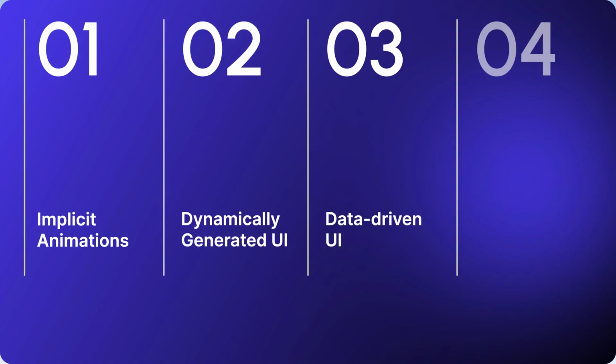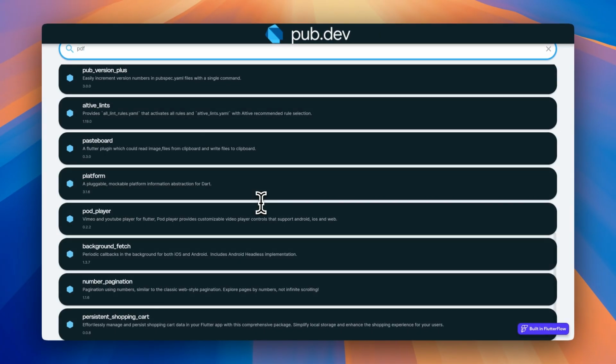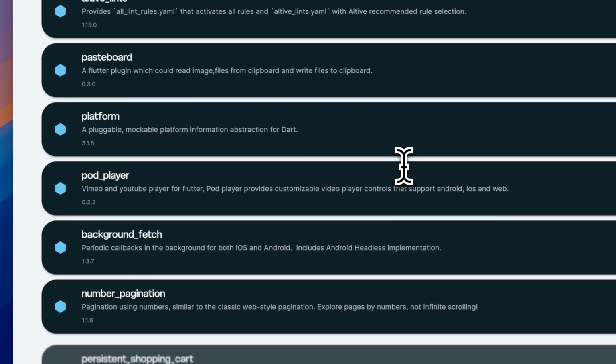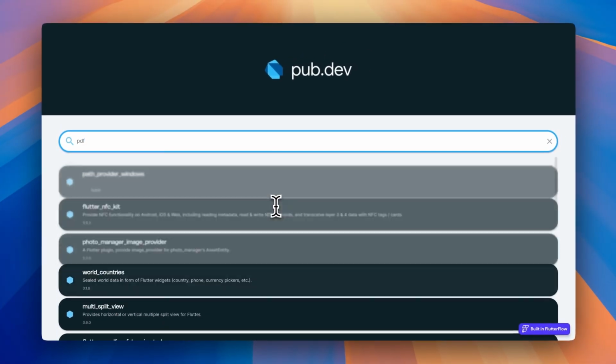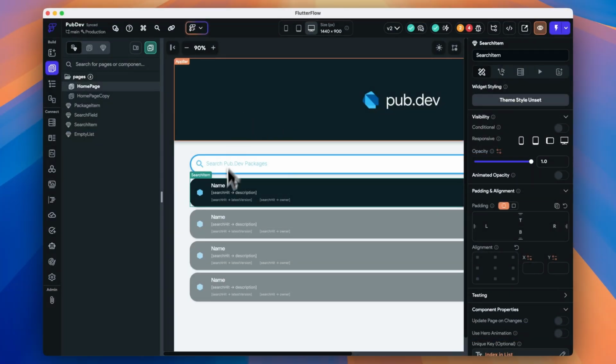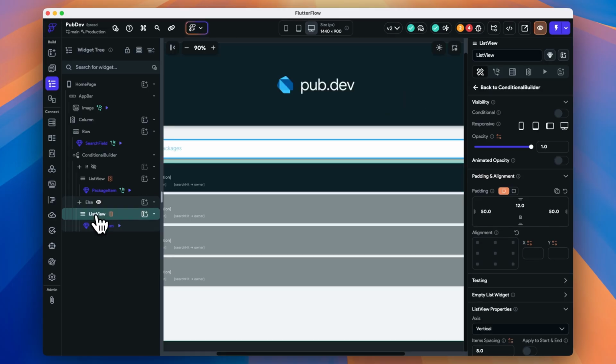Now let's talk about data-driven UI, where your app's interface responds to the properties of your data. Imagine a list of entries that fade in sequentially as they're added or shown, or a list that fades in or out depending on its current position or what's currently in view in the list. You can bind animations to indices so that each new entry feels like part of an unfolding story.